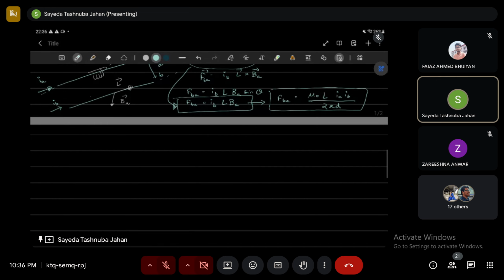So I can write a couple of statements over here. Number one is how do we find this force? So এটা আমি in words লিখি যে to find the force on a current carrying wire due to a second current carrying wire